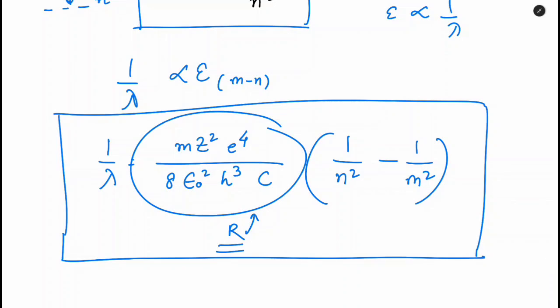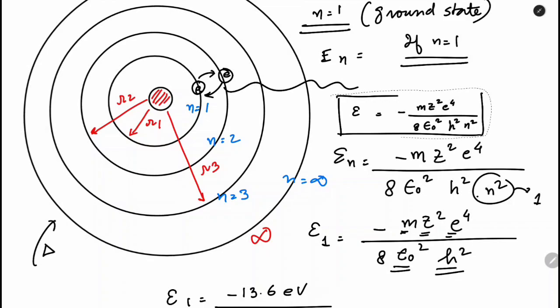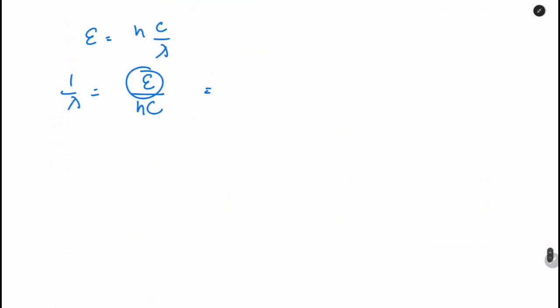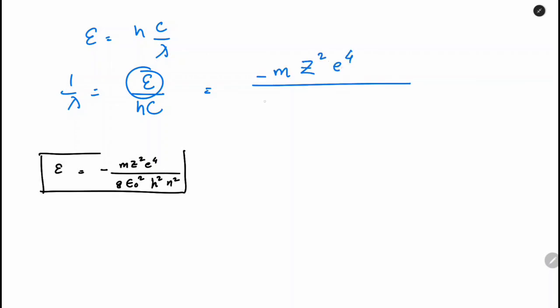Got my point? Now you may ask how we got this value. So we know E is equal to hc by lambda. Hence 1 by lambda would be E by hc. We already have the value of E, so let's copy it from here and paste it here. So this was the value of E, which is minus m z square e to the power 4 divided by 8 epsilon naught square h square n square,